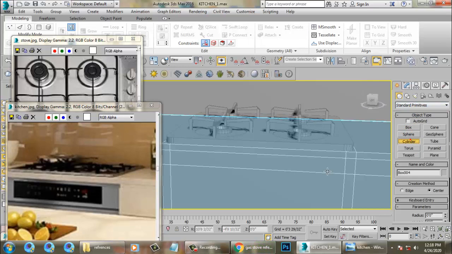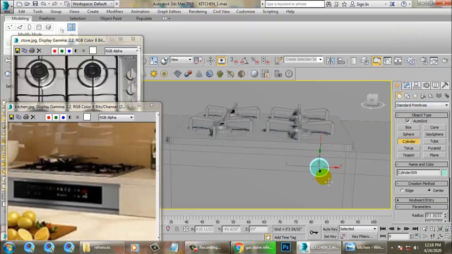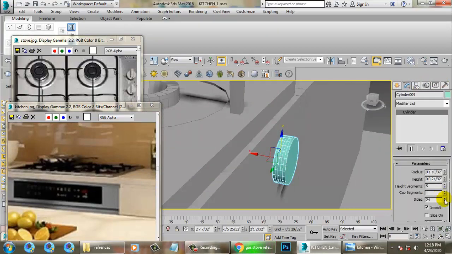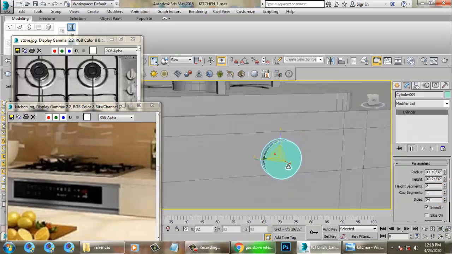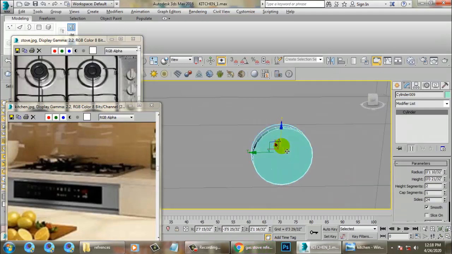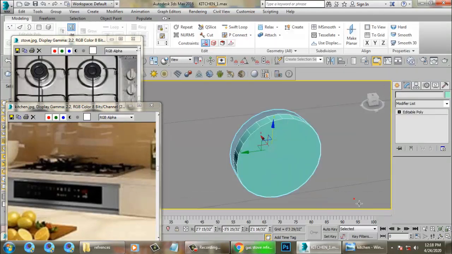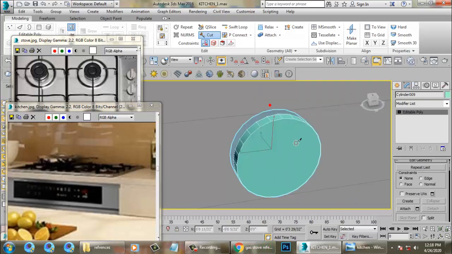And let's go into rendering, render setup. Let's go into V-Ray and adaptive subdivisions. As we are doing the settings, we need to do those settings. Make this Catmull-Rom. Your environment GI, we can activate this if you want.